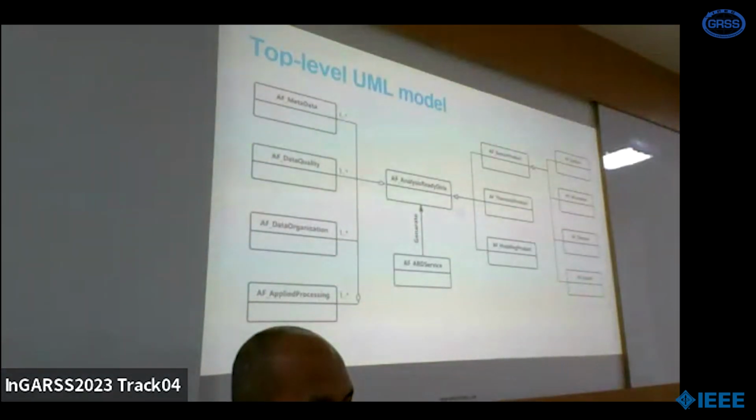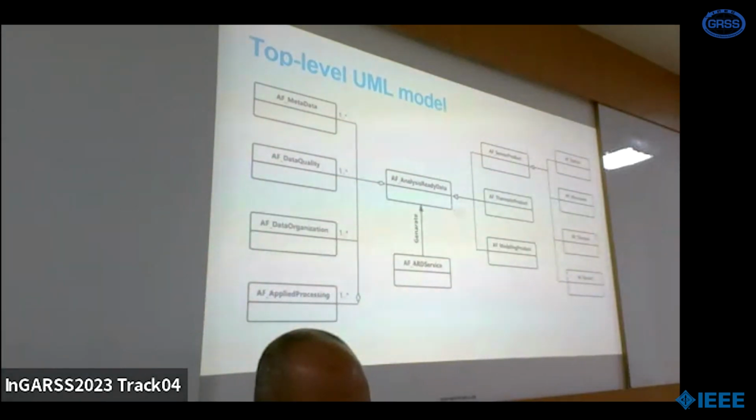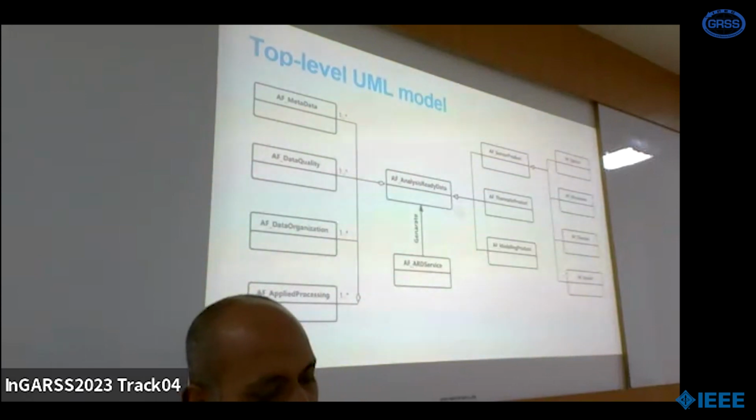But since those are subclasses of analysis ready data, in the future, if users or the committee think we need an additional group, we can just add another subgroup as a subclass of analysis ready data. We haven't detailed how to divide the semantic product and the modeling product into more homogeneous subgroups. But in the sensor part, we also further divided this into